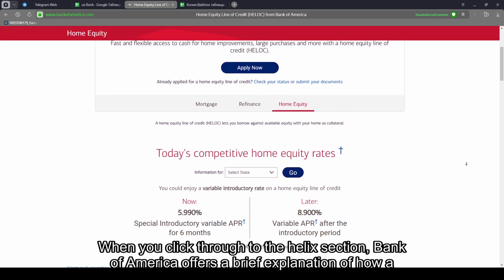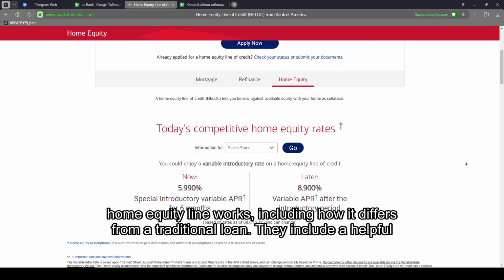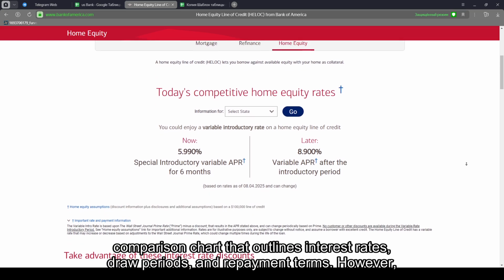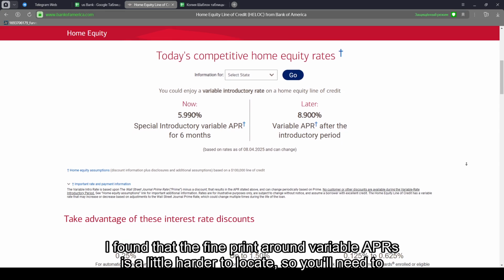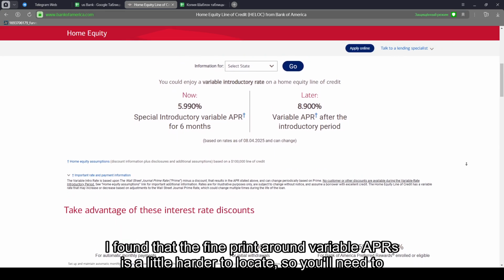When you click through to the HELOC section, Bank of America offers a brief explanation of how a home equity line works, including how it differs from a traditional loan. They include a helpful comparison chart that outlines interest rates, draw periods, and repayment terms. However, I found that the fine print around variable APRs is a little harder to locate, so you'll need to